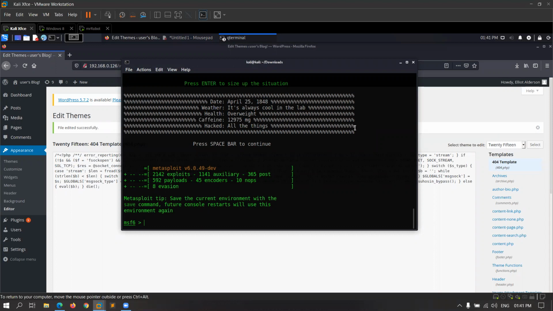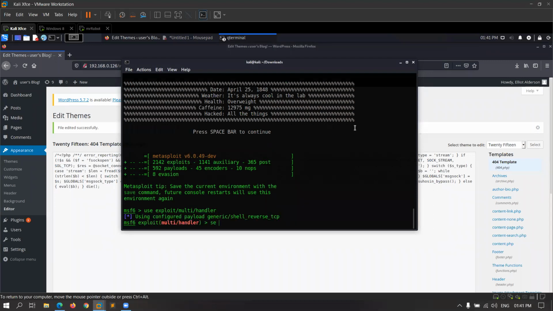Here I will type use exploit/multi/handler, then I will type set payload and you have to type the payload type, and the payload was PHP/meterpreter/reverse_tcp.